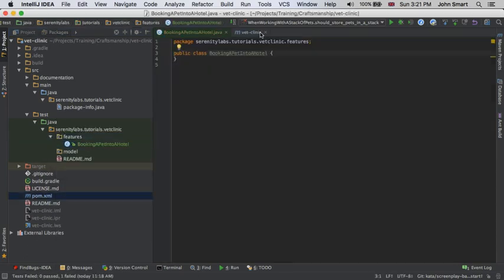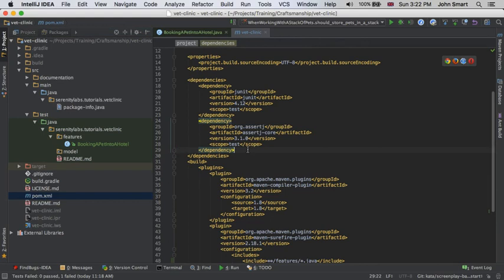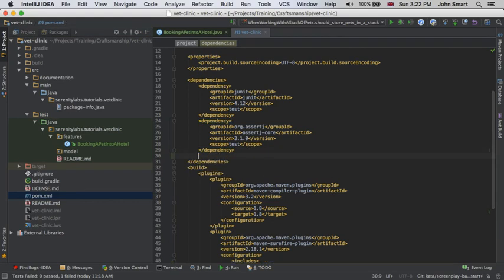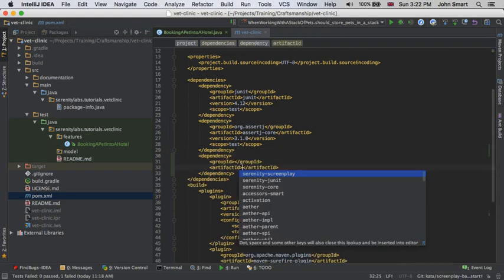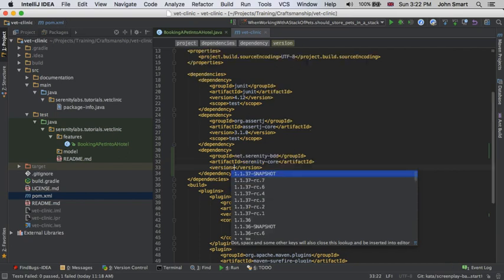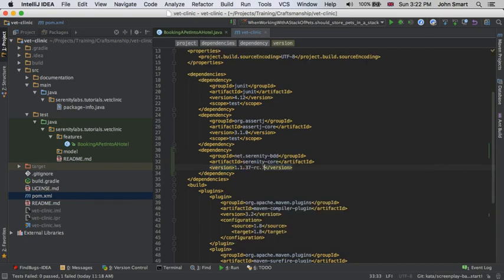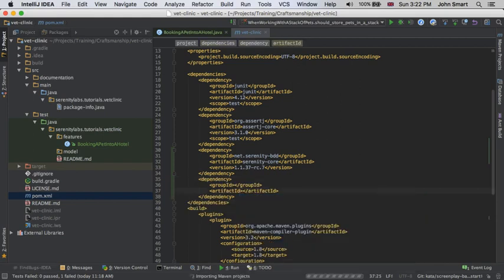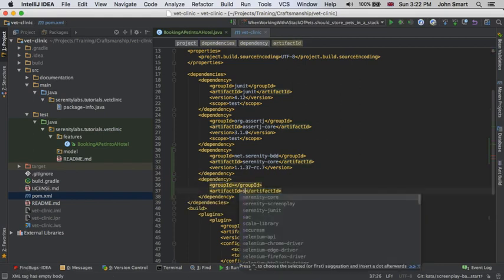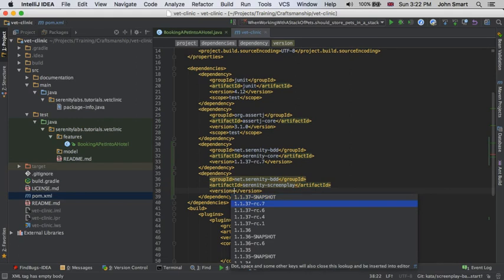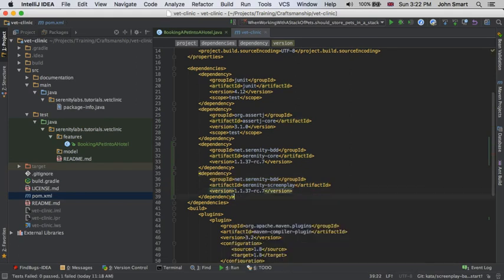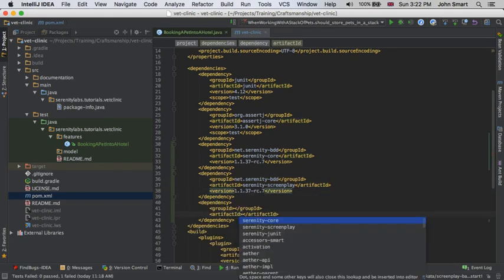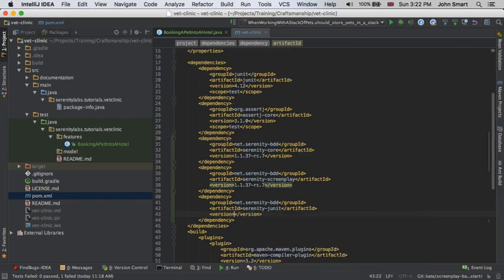Now, since I'm using Screenplay and Serenity BDD in this test, I'm going to have to go to the POM file of my Maven project, and I'm going to add some dependencies for Serenity. So I'm going to add Serenity Core. I'm going to use the latest version. I'm going to add another dependency on Serenity Screenplay, again with the latest version,